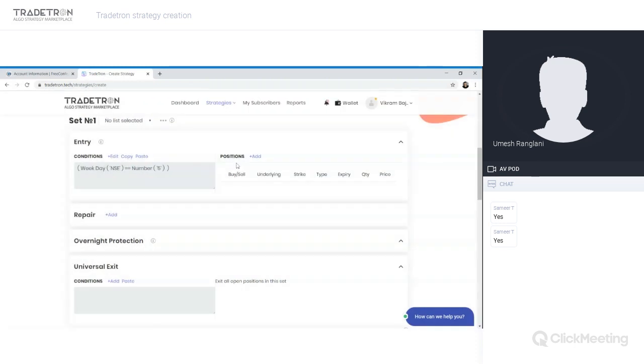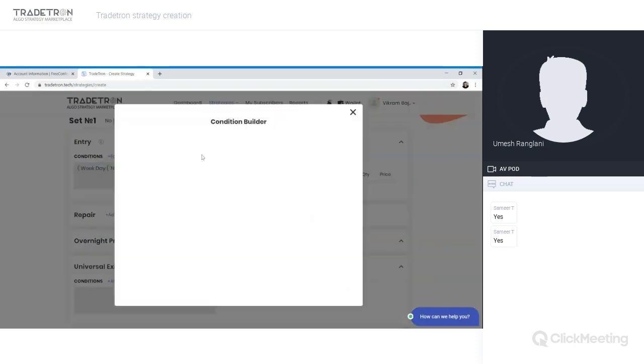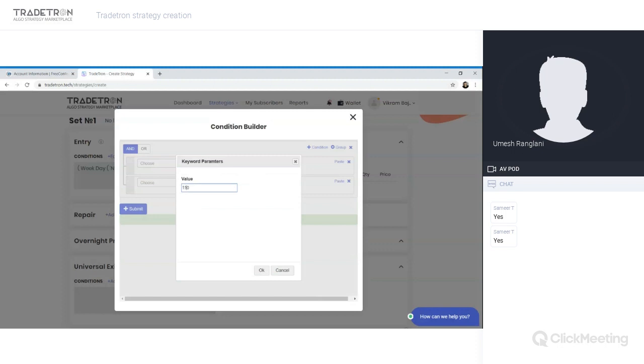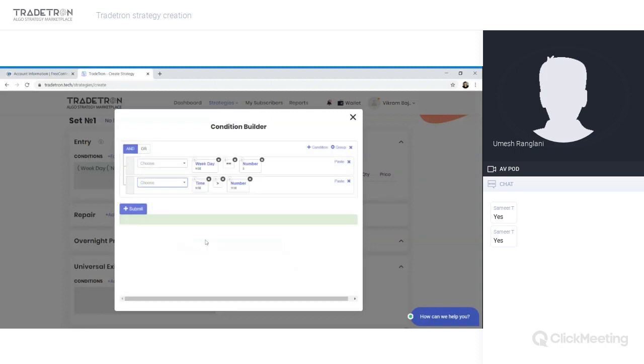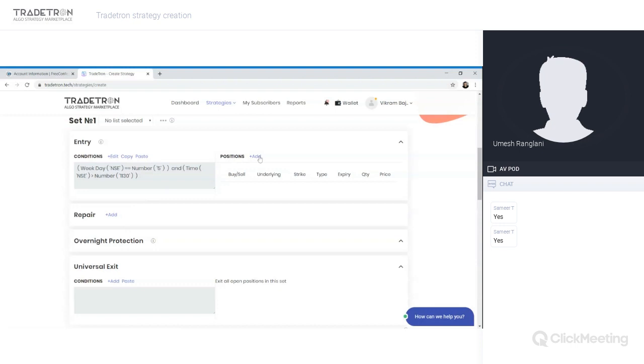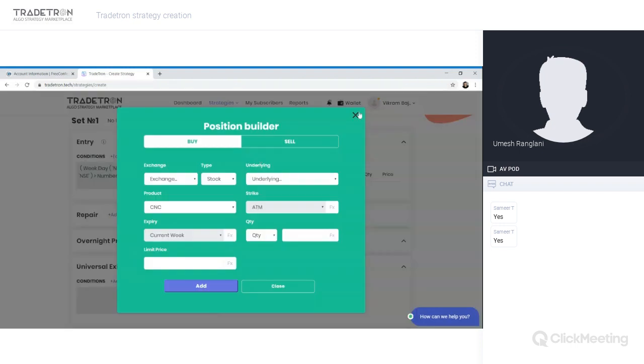So on Friday, I want to initiate a trade. With that, I also want to initiate this trade after some time. Let's say time should be greater than 11:30.